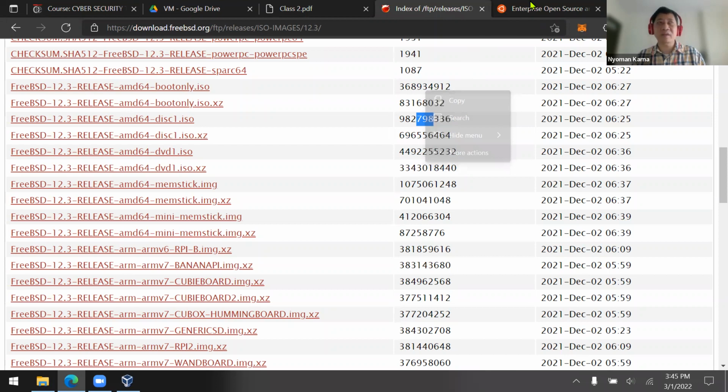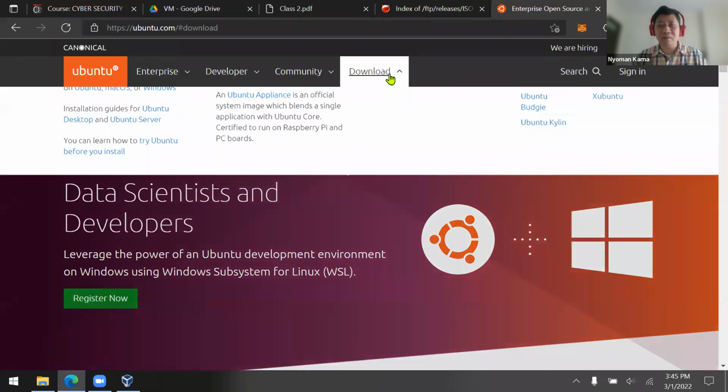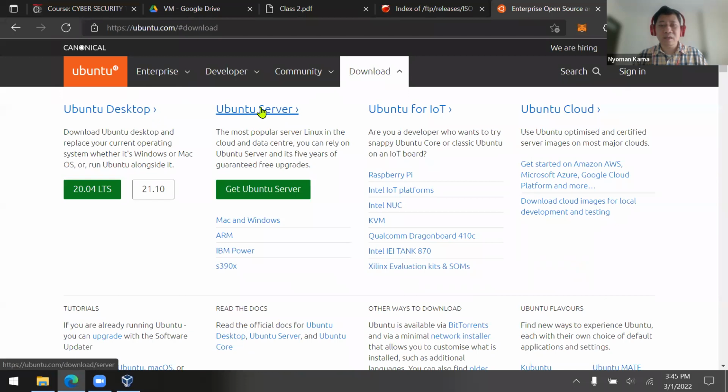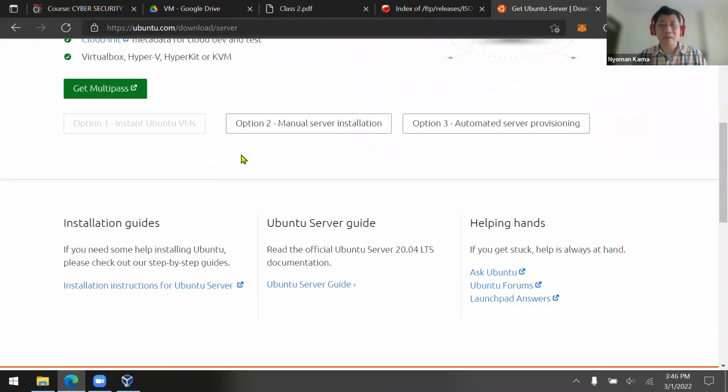But if you have any good internet connection, then you are free to use your own preferred system. You can use Ubuntu server for your router and also the server. It's up to you. Let's say we download Ubuntu server.